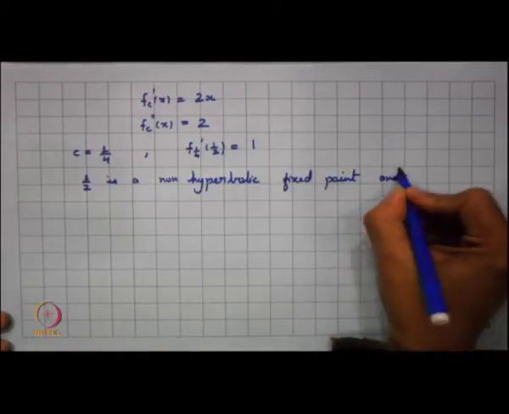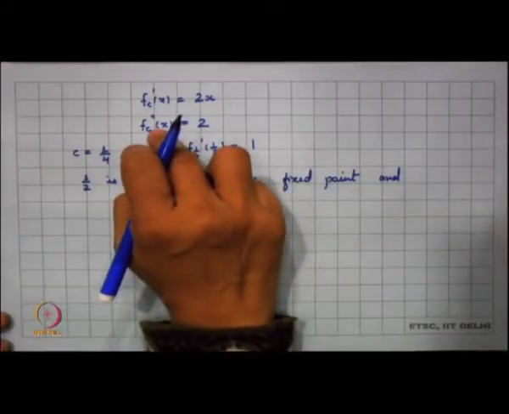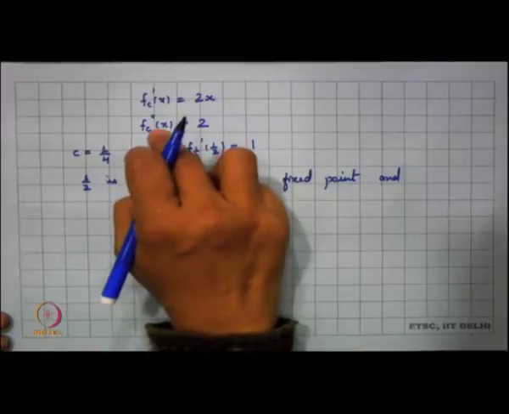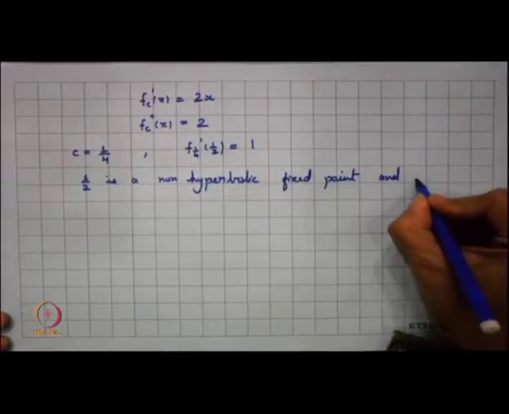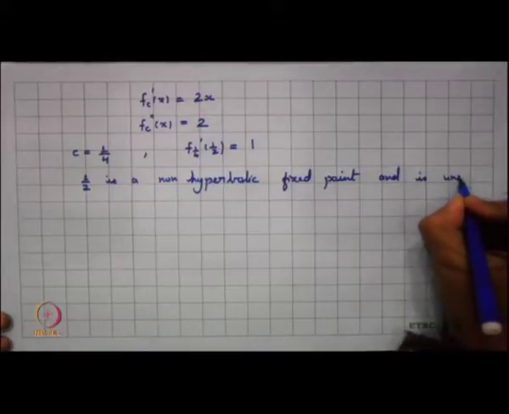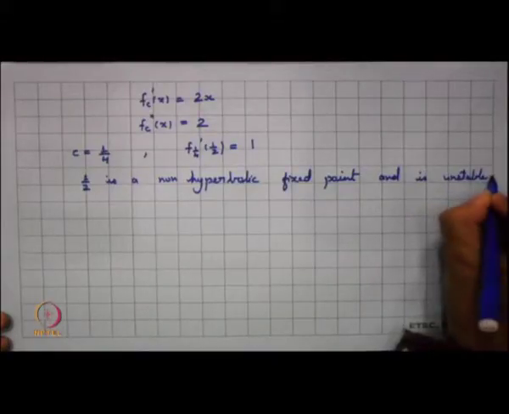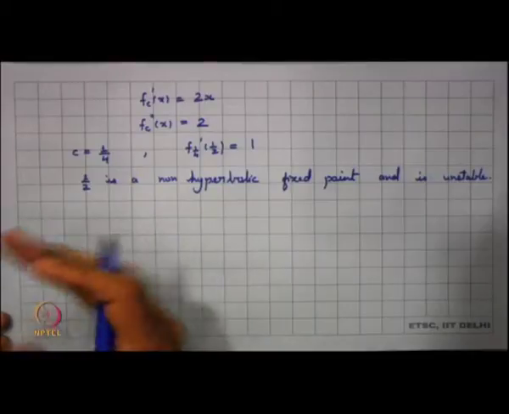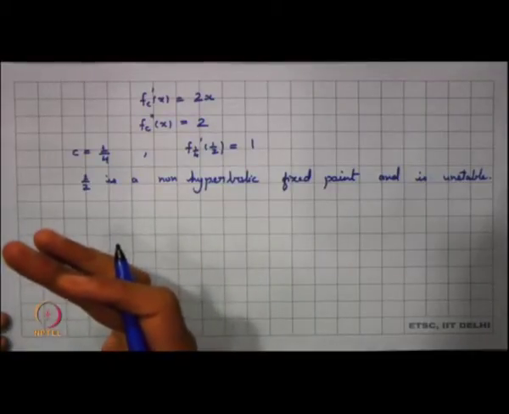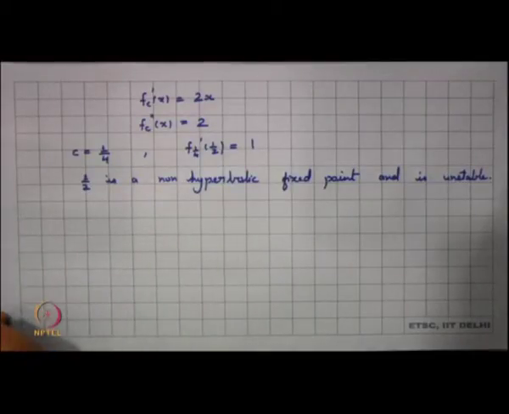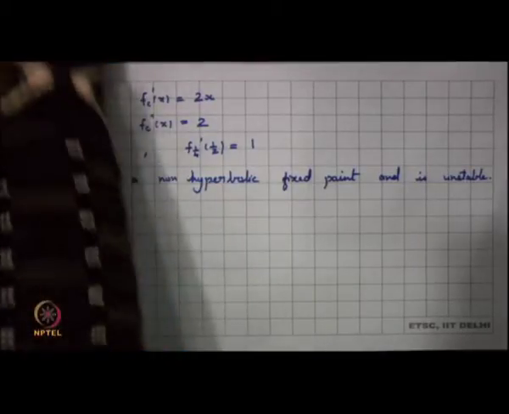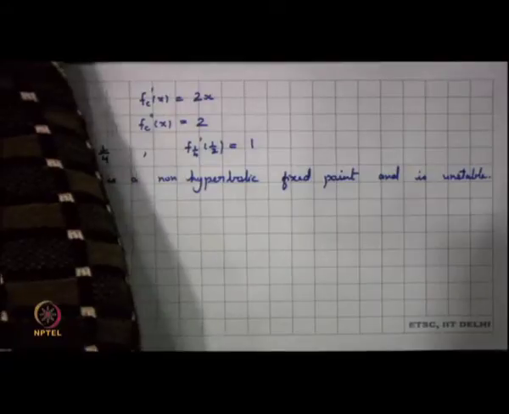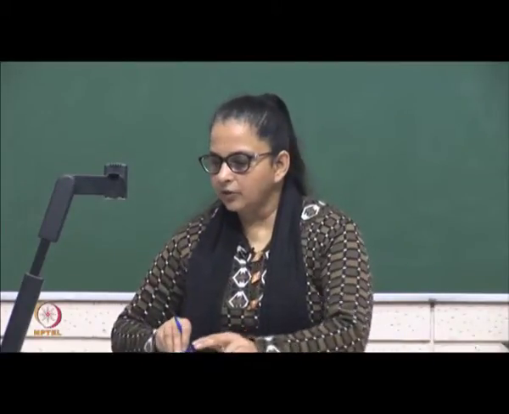And since the second derivative is not equal to 0 anywhere, this point is unstable. It does not attract from one side, it attracts from the other side. But what happens here as we vary our c? So, we try to see these graphs as c varies. So, we try to see this particular graph.